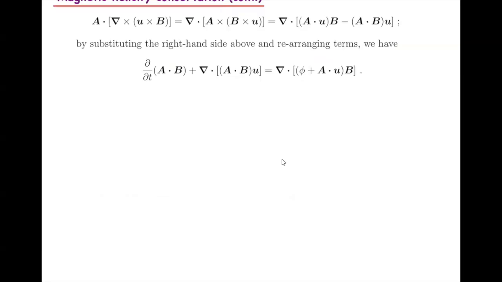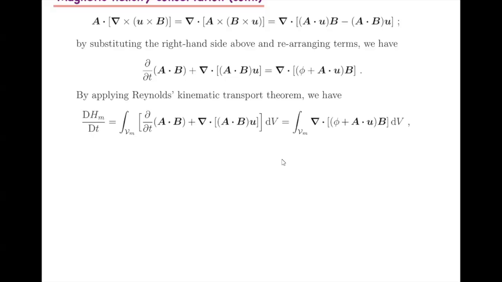You rewrite d/dt of A·B plus the divergence of this quantity, and you write this in terms of this, and then you're ready, because you take this part and you plug it in at the beginning in the A·B formula, and using Reynolds kinematic transport theorem, by using this right-hand side form of the equation, you reduce it to this,